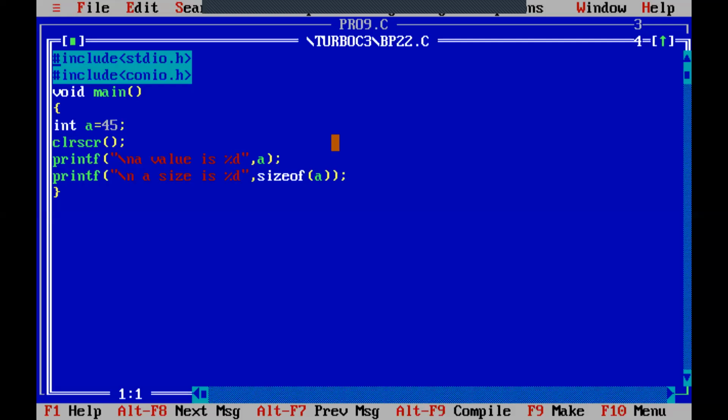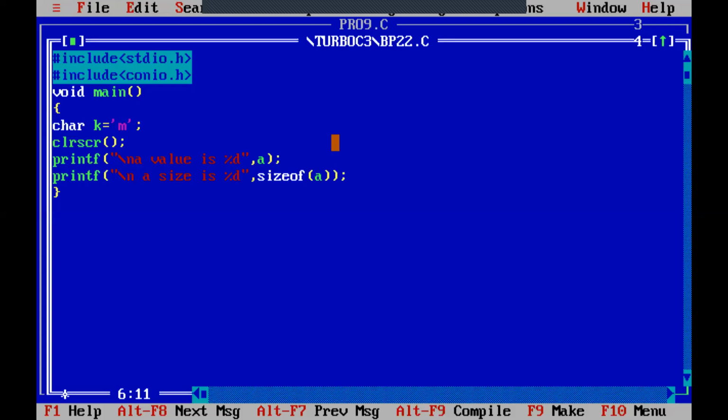Next, I will take one more. Float, otherwise I will take character. char. Suppose I will take char k, and I will store M. How to print k's value and k's size?